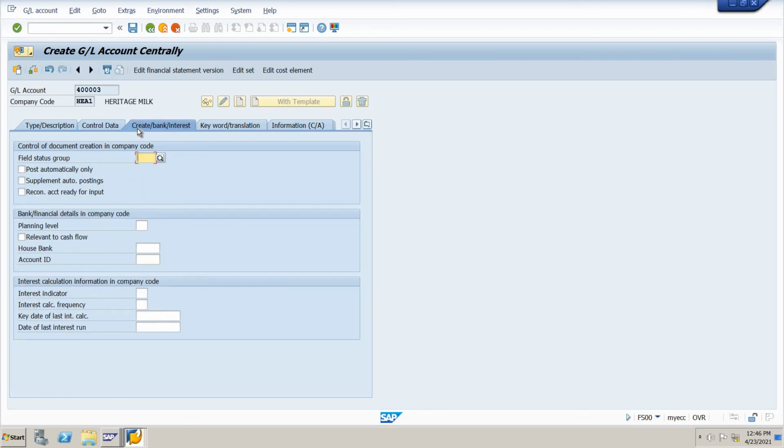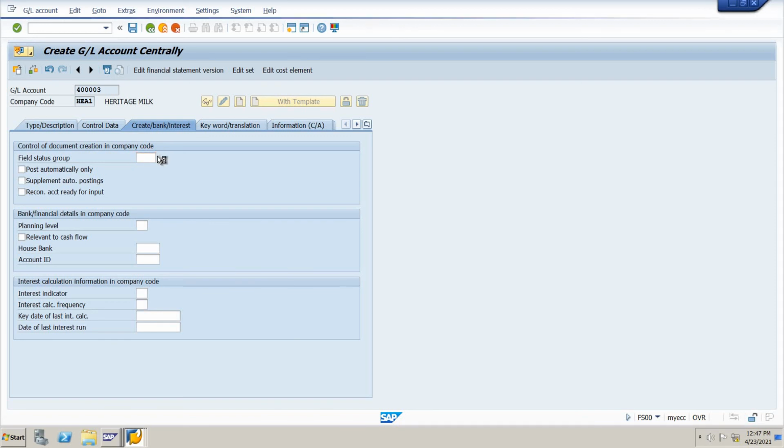Go to the create/bank and interest tab. What is the field status variant? We have already done the OBC4 field status variant group, where we have given the settings in G001 and G005. G005 belongs to the bank, G001 belongs to the general.